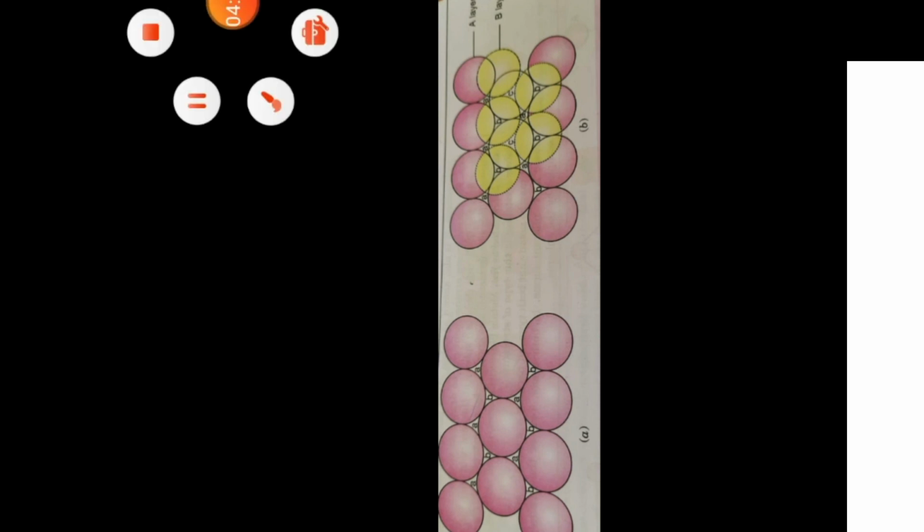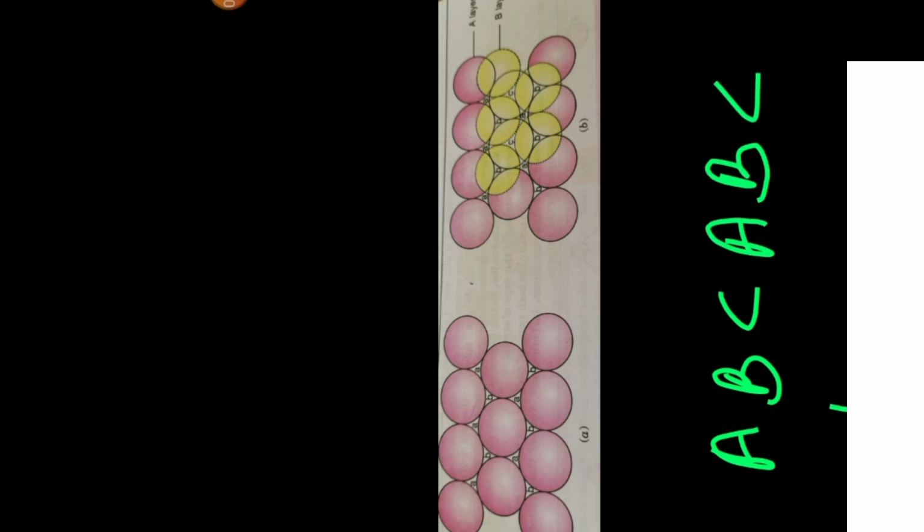A, B, C type arrangement will be there. Is that clear to you? Why is A, B, C there?